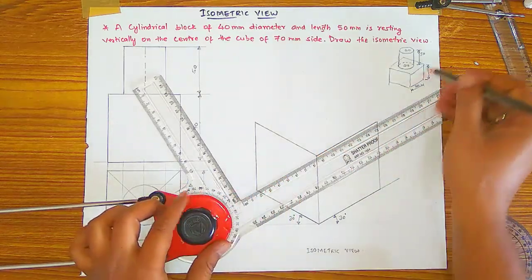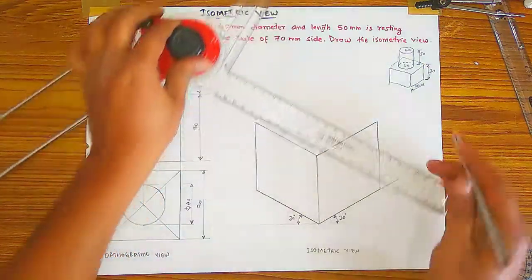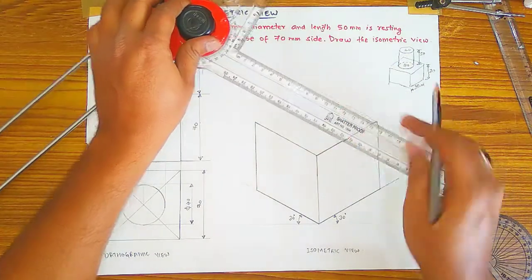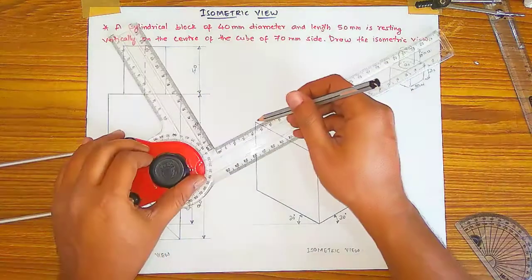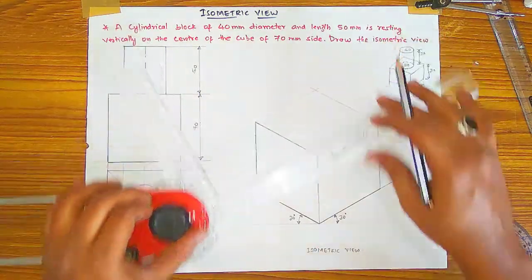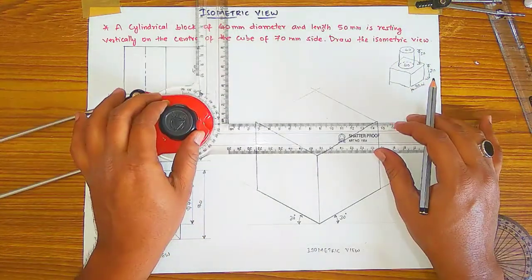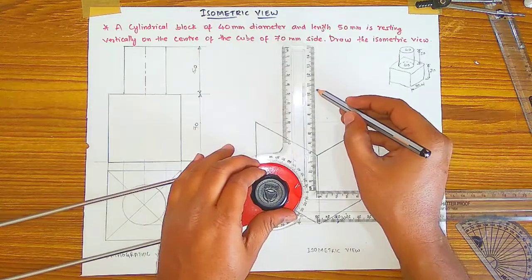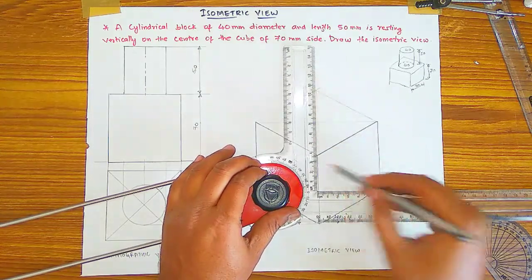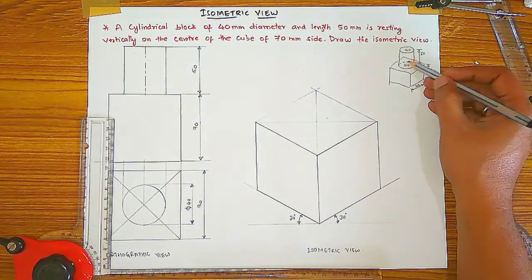Then after these two lines, adjust a mini drafter or a roller with this angle, and with this end draw a line like this, and with this 30-degree angle draw one more line from this end, and your rhombus is created. Means these two lines you have created. Then draw the center line of this figure by joining these two ends, like this.